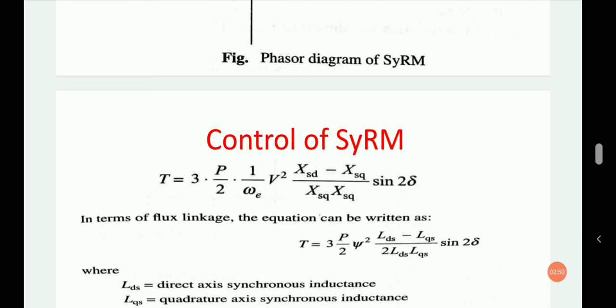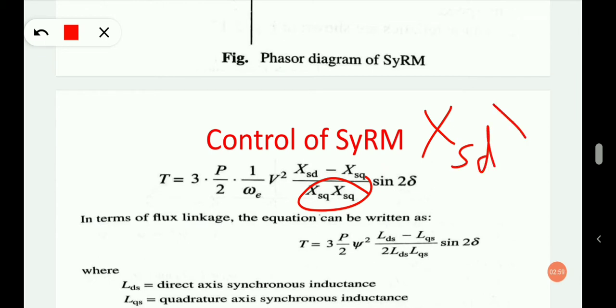Sorry, here XSD into XSQ should be there, so in the denominator it is XSD into XSQ, where XSD is the direct axis synchronous reactance and XSQ is the quadrature axis synchronous reactance, into sine 2 del, where